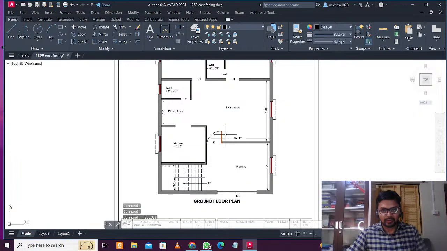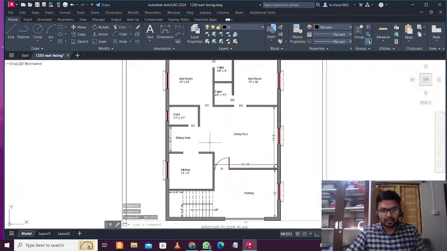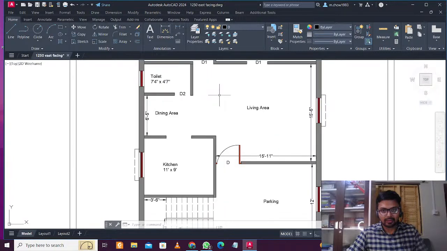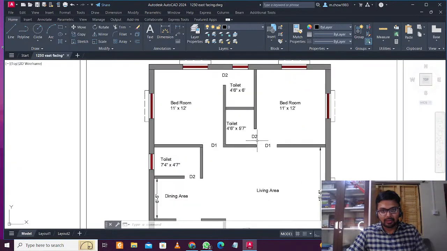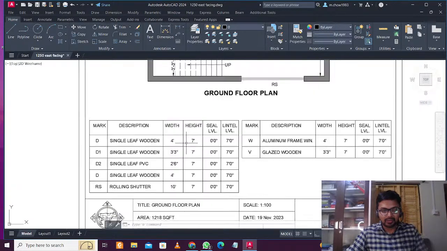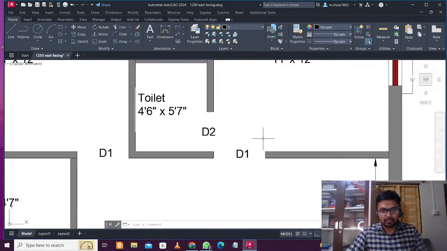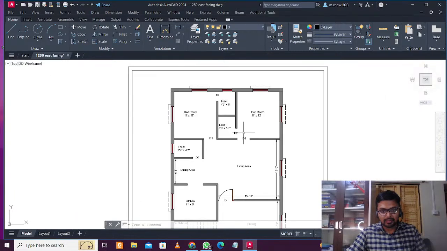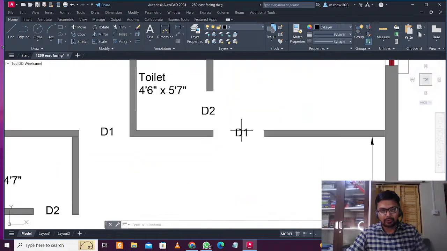Now anywhere you have the D, you can just insert it here, but we don't have any D anywhere else, so we'll move on. And we have D1 in 2 places, so we'll do D1 next. D1 length is 3 feet 3 inches. This is a separate door, which is D1, and I think if the column comes here, it will go a little bit like this, and further this side I can move that, and no problem. So we'll just do